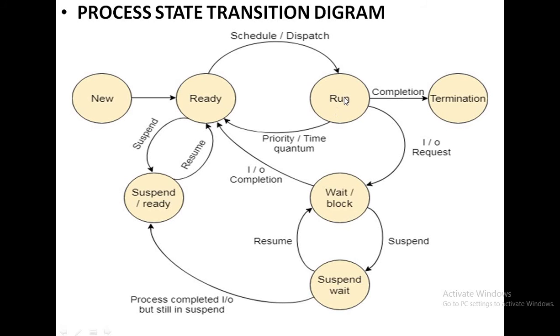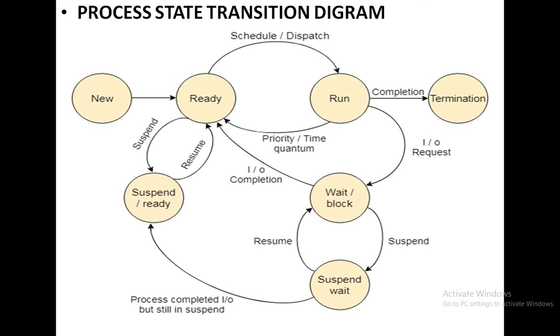From that schedule, the operating system takes one by one process and gives it to the CPU for execution. In the meantime of the execution, if one process needs some resources, then that process will not wait in the running state. It will move to the waiting state or blocked state, and the CPU does not suffer from idle time.